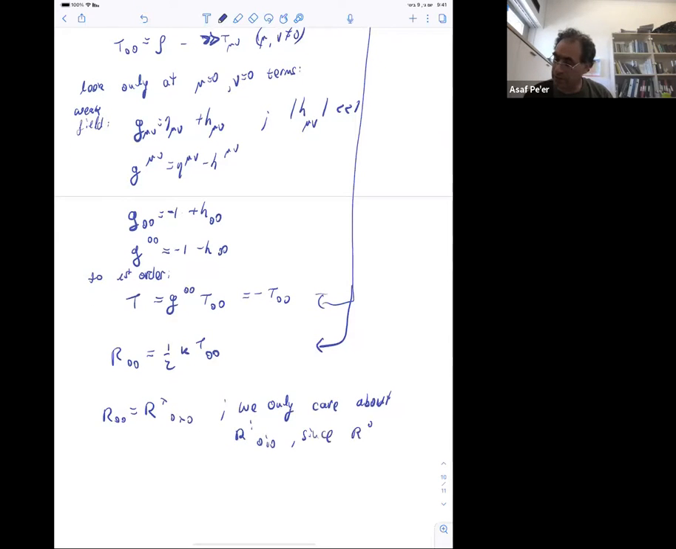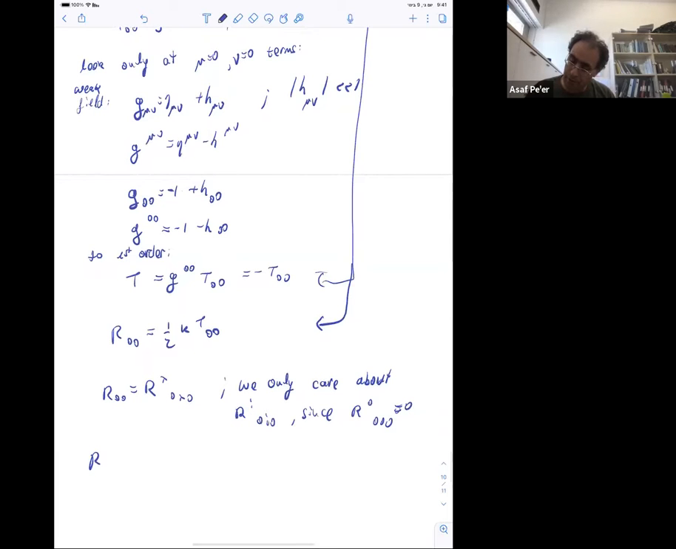Since R_{000} is just 0 because the metric is given flat. So R_{i0j0} is just ∂_j Γ^i_{00} minus ∂_0 Γ^i_{j0} plus Γ^i_{jλ}Γ^λ_{00} minus Γ^i_{0λ}Γ^λ_{j0}. So by definition,